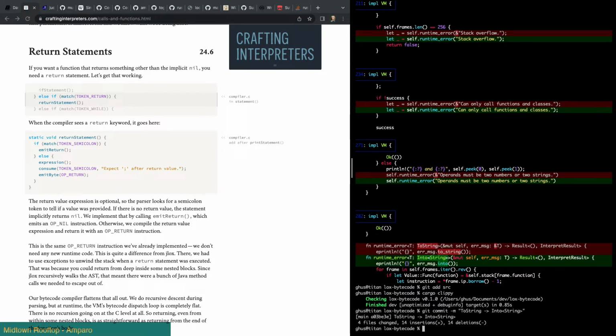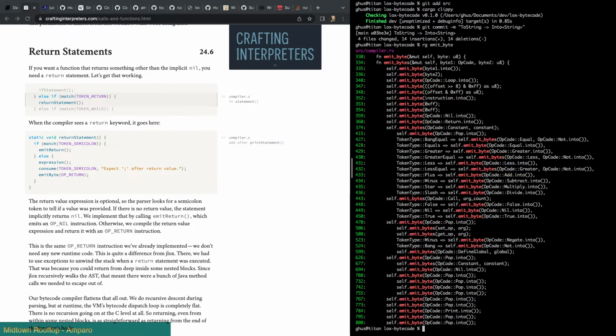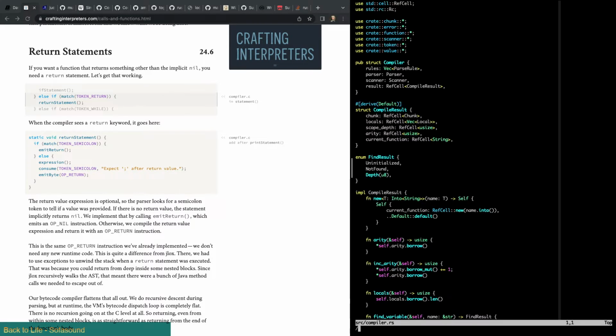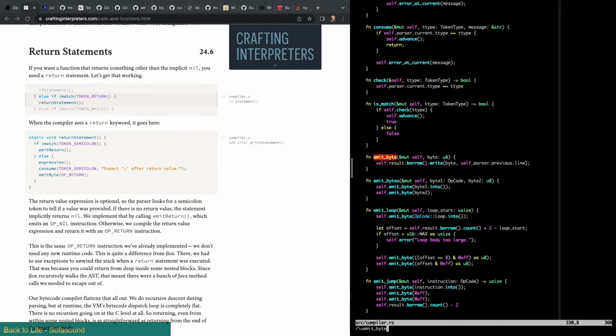There. Okay. Because all of our emit bytes have these intos on, and we don't need them anymore if we can make the first argument of emit byte an intoable. And this opcode is already into U8. This is all in compiler. So if I look for emit byte, what I want then is a type that can be converted into a U8.